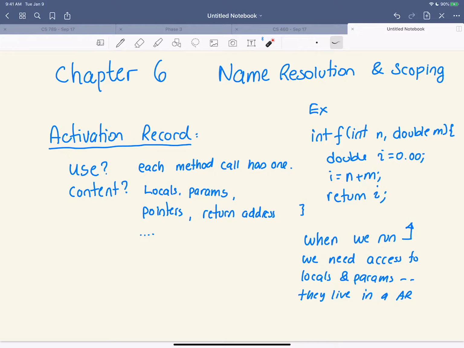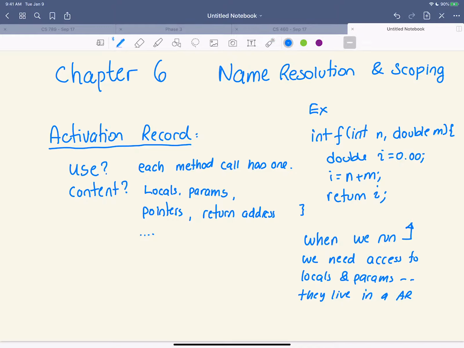Yeah, multiple n's and m's and i's cause certain issues. Like what? Well, if you have recursion and you say that m is off of some stack pointer, then all the n's are going to live in the same place, all the m's are going to live in the same place, and all the i's are going to live in the same place. Whereas if I have